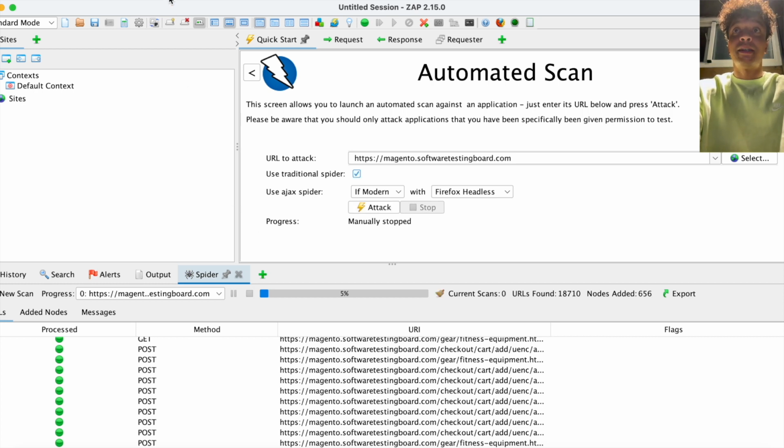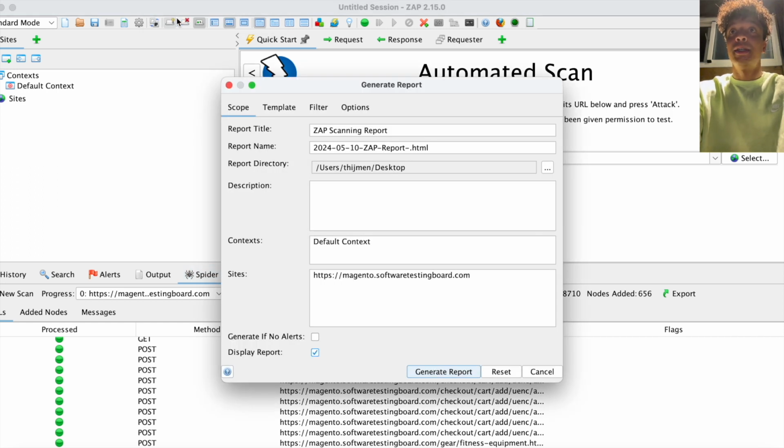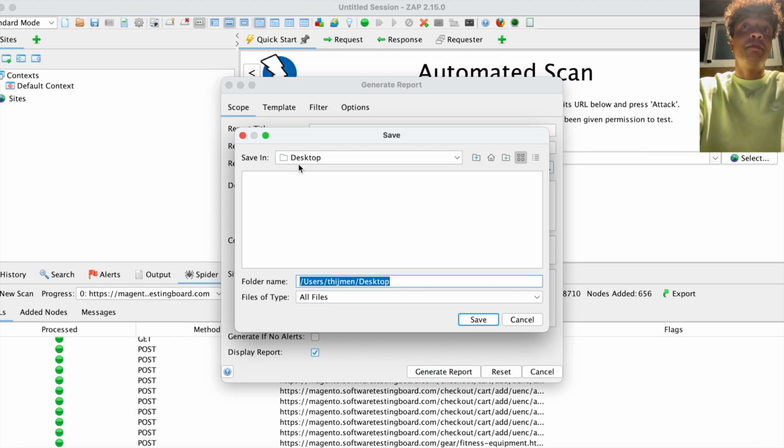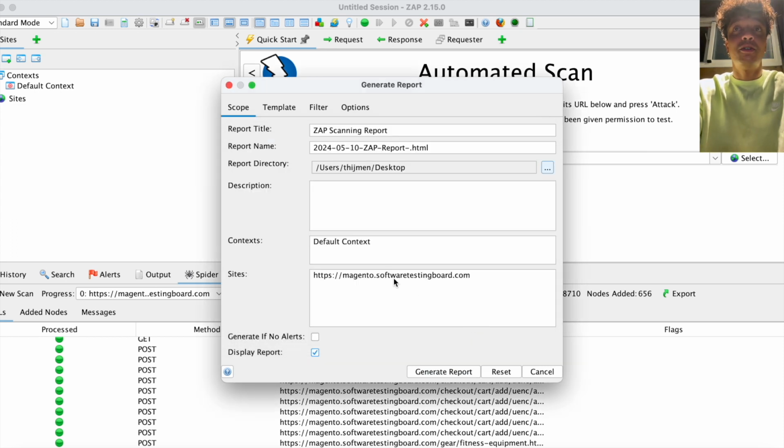After the scan, right now, I will go to the report tab and I will have to generate a full report, which will detail all the vulnerabilities discovered during the scan, and those are categorized by their risk level from informational to high. There's a few things that we can change as well, like the name, the title, the directory, the place where we can put the report. I put it at my desktop, which is a place where I like to have my documents. So going further,